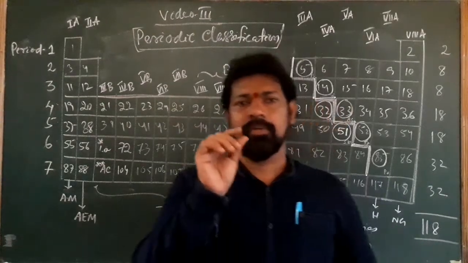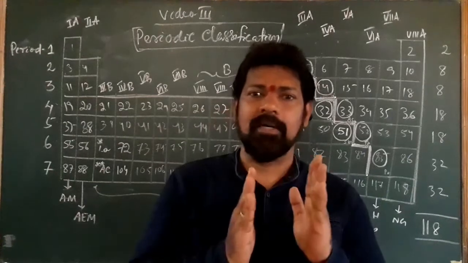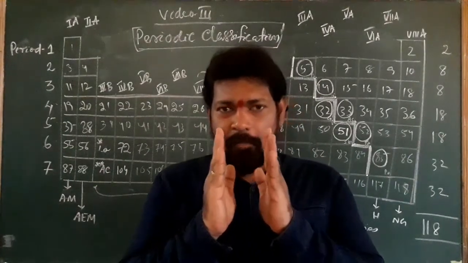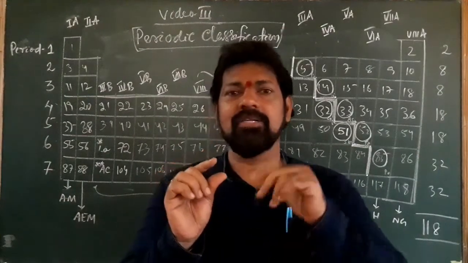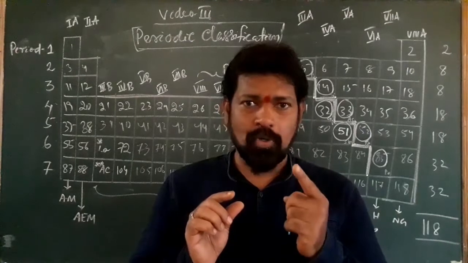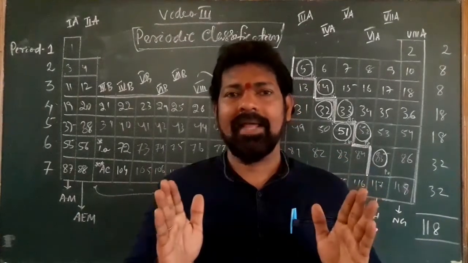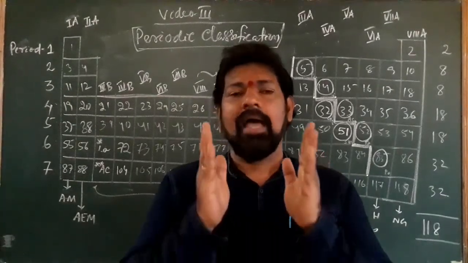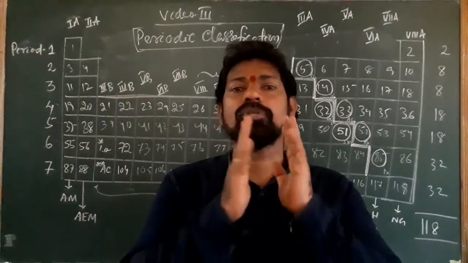And coming to these 118 elements, how does one element differ from another? One element differs from another if the number of protons in the atom of one element is different from the number of protons in an atom of a different element. So in all the 118 elements, different atoms are there, and in their atoms they have a nucleus. In the nucleus the protons are different.